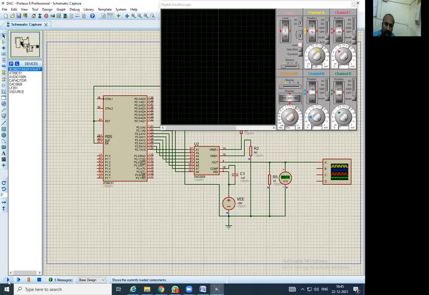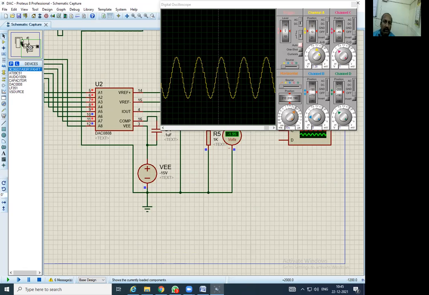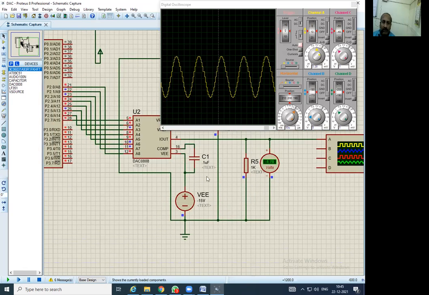I will run now here. Yes, so this is the hex file, and you can observe here the generation of sine wave, and the values continuously go on changing. You can check that over here. Here is the output. It is on the negative side, positive side.